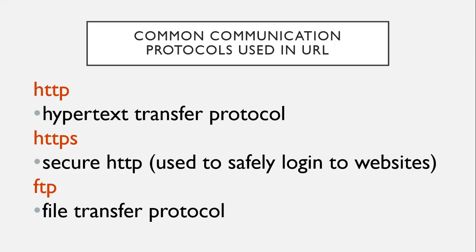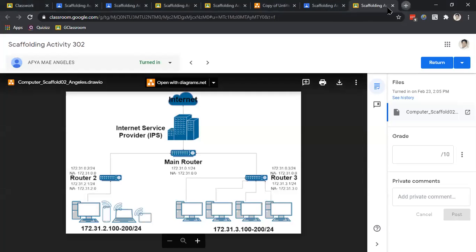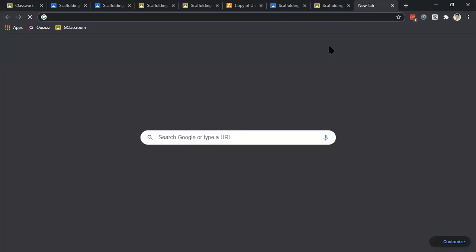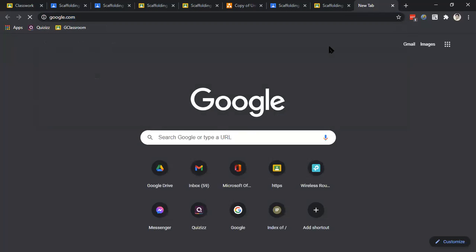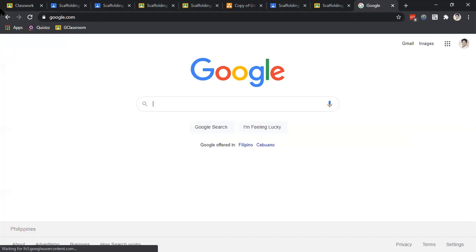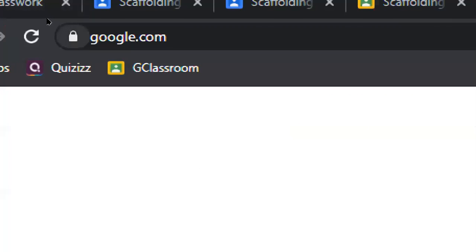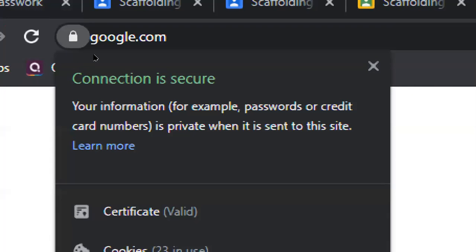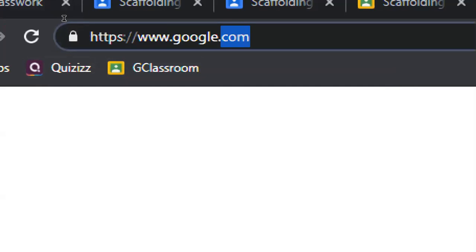So looking at a certain website, let us open google.com. Now, as you can see, there is a lock symbol which tells you that your connection is secured. Or simply, if you double click this, it is using the secure HTTP protocol.